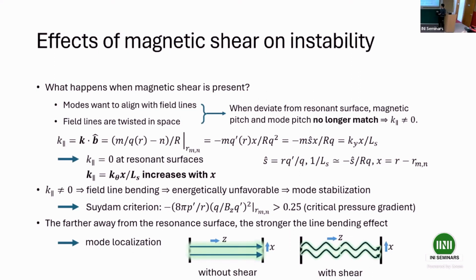Another thing indicated by this equation is that the farther away from the resonant surface, the stronger the line bending effect, because K parallel is larger. Remember, the first term in the energy principle is proportional to K parallel squared. So the farther away from the resonant surface, the stronger the line bending impact. This indicates the mode will be localized with the